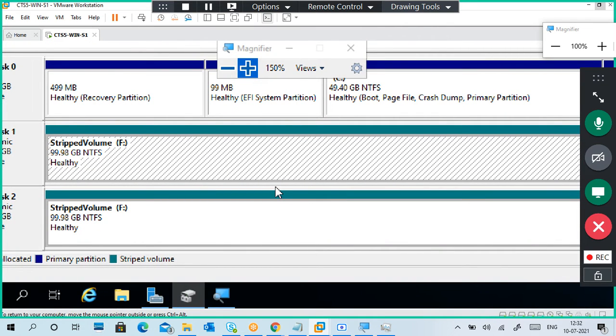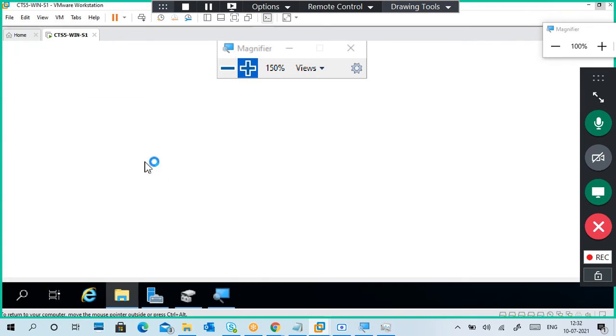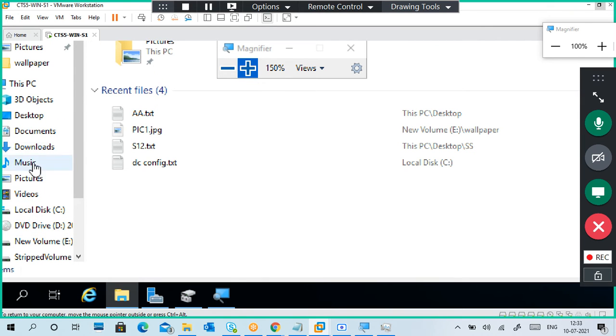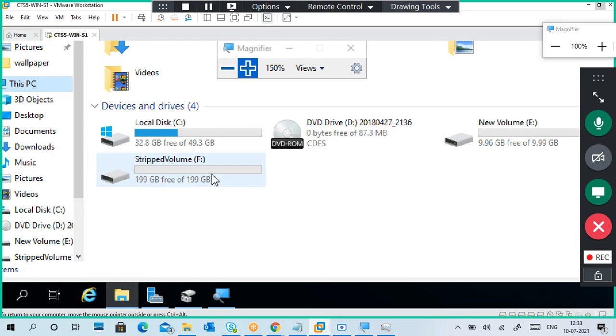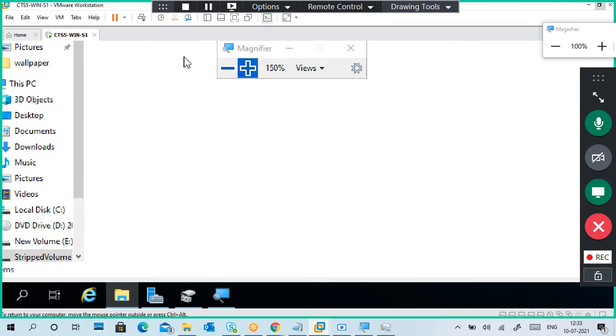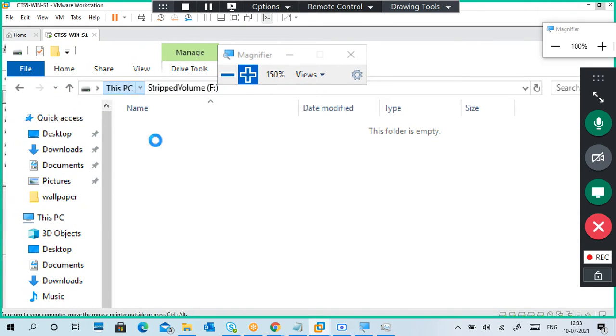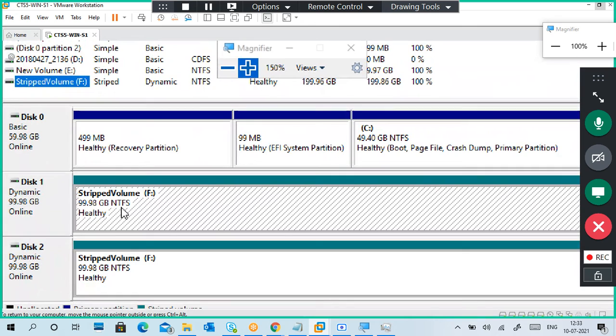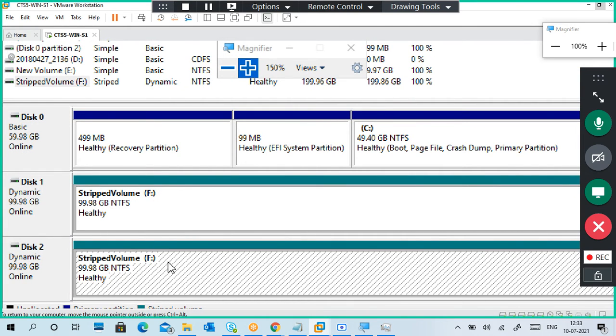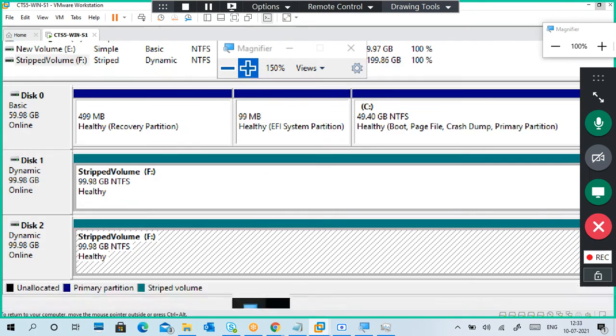If you go to This PC, you can also see your F drive, and the volume size is 200 GB. Also, here disk 1 is the F drive, and disk 2 is also the F drive.